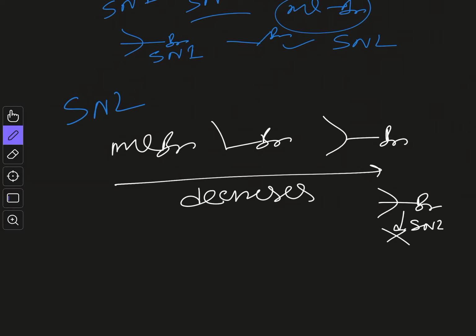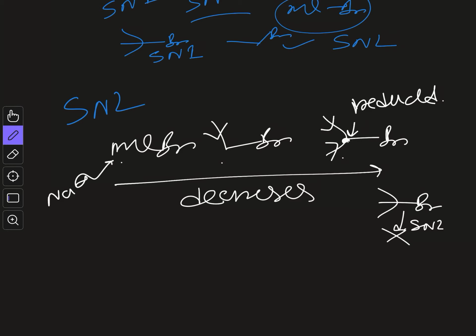The first one is, as you go from methyl to ethyl to isopropyl, you are increasing the alkyl groups, right? These alkyl groups exert the plus I effect, and due to this plus I effect, the electron deficiency of this particular center is reduced. Now the nucleophile attacks over here. The nucleophile is a negatively charged species, so it attacks the electrophilic center. As you reduce the electrophilicity by pushing electrons through the alkyl groups, the substrate becomes less reactive. Another profound effect is the steric effect.